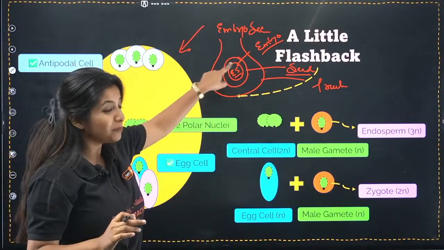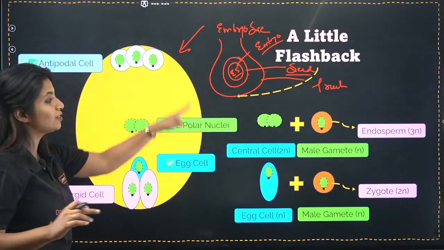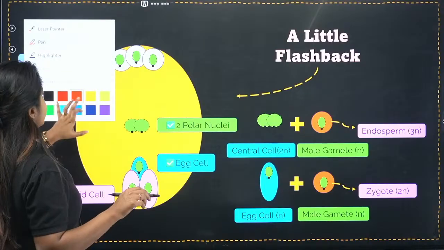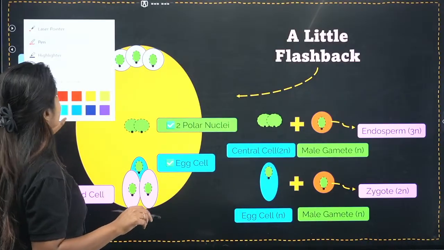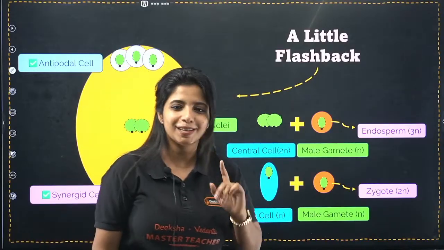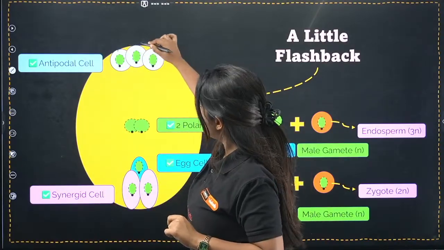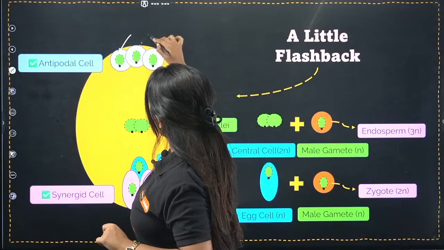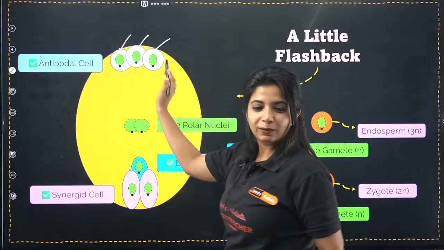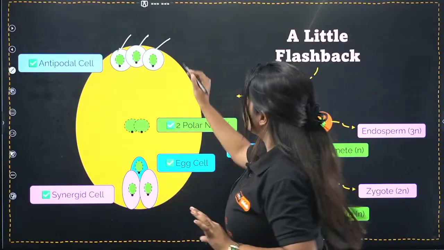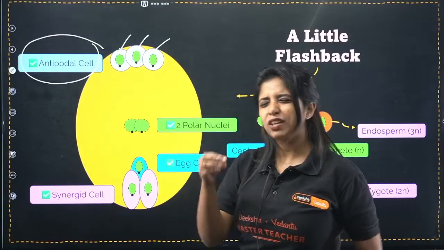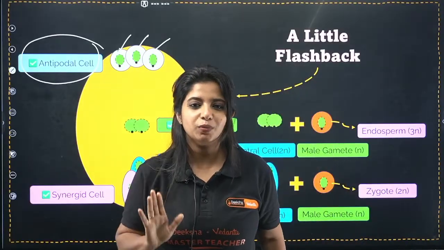Now I am deep inside, and over here, this is the structure of the embryo sac. In the embryo sac, there is a unique feature: there are 7 cells, but there are 8 nuclei in them. If you have confusion, listen to me carefully. This is 1 cell. The next cells, 3 cells, done, and 3 of them have their own nuclei. The green ones are their nuclei. What do I call these cells? I call them antipodal cells. There is not much information about them, so you do not need to worry about them.